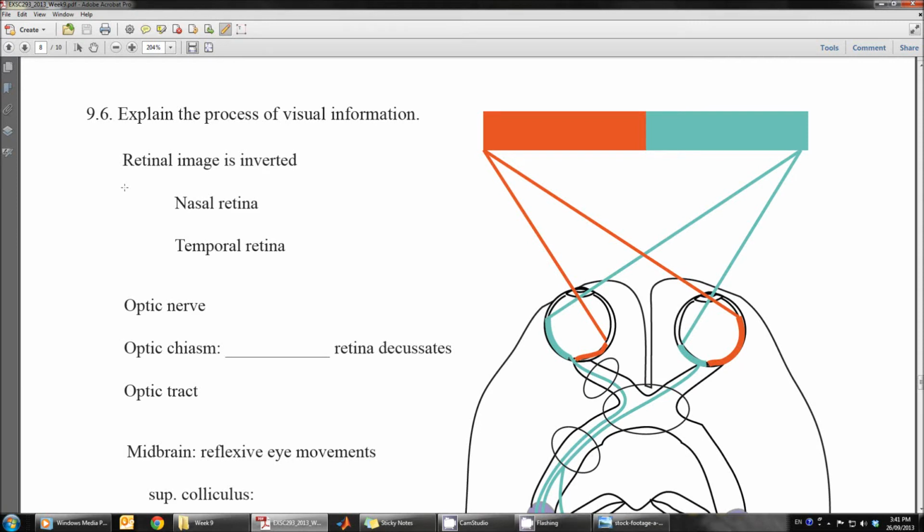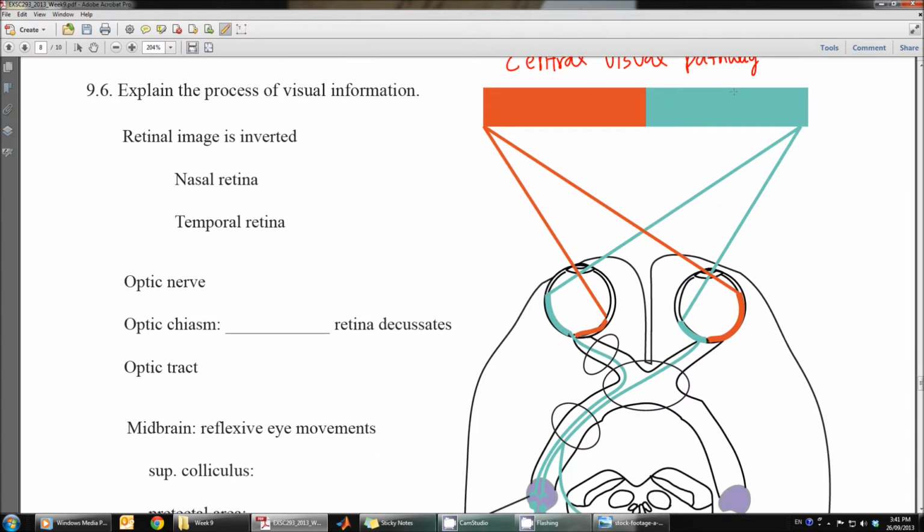Okay, this is how visual information travels through cranial nerve number 2, and also how it finishes in the visual cortex and what happens after that. So this diagram is showing you the central visual pathway. So let's say, for example, we are looking at